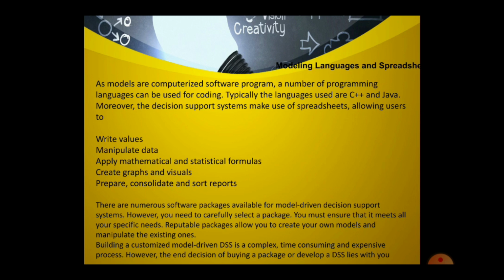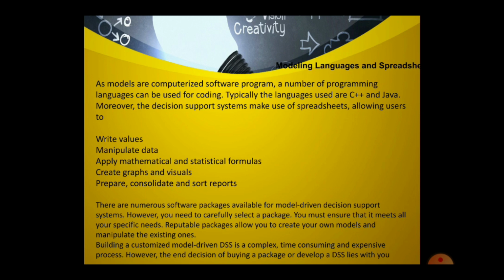There are numerous software packages available for model-driven DSS support. However, you need to carefully select a package. You must ensure that it meets all your specific needs.